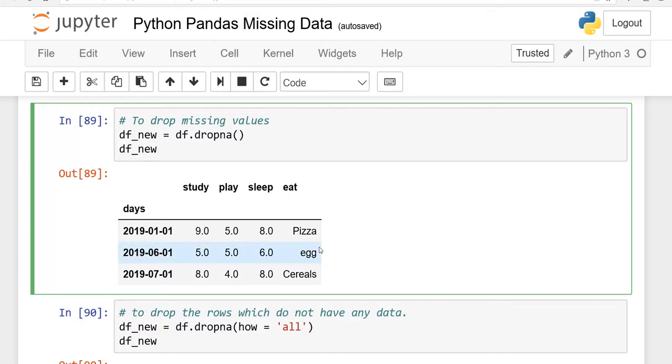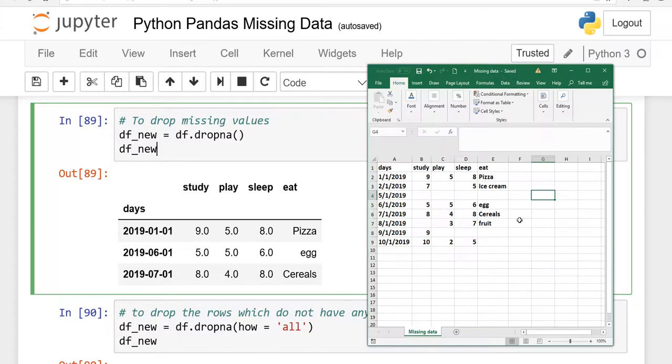If you say that we want to delete only those rows in which there is no data, all values blank, just like January 5th. Here we have two values, here we have one value, two values. We want to keep this data, and delete only those rows in which there is no data.